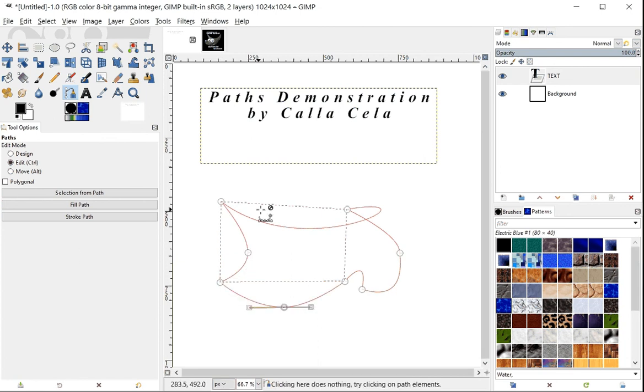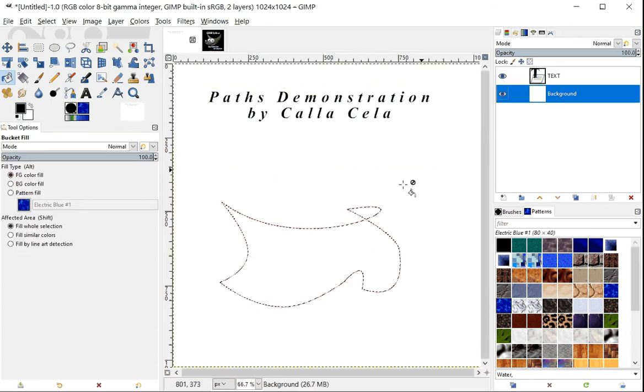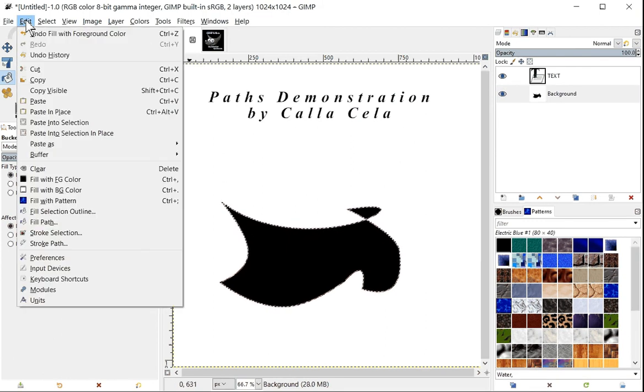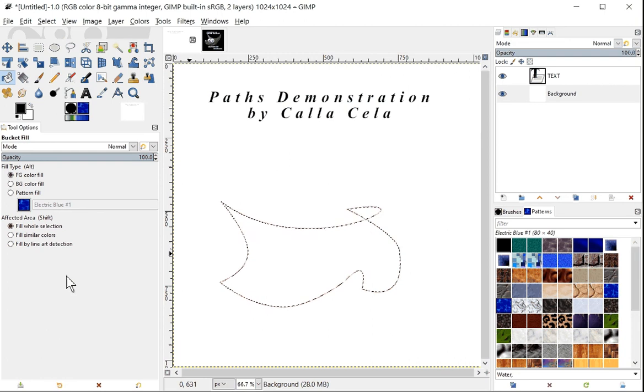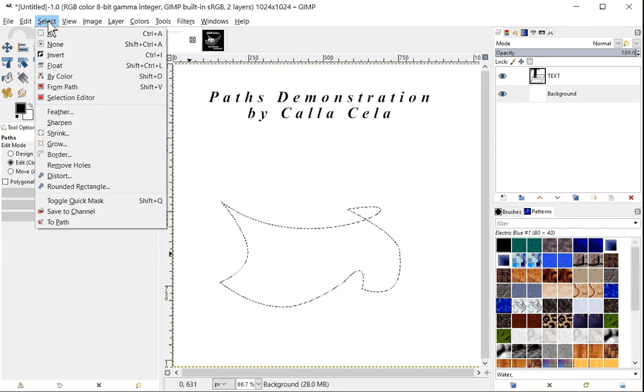Okay? Now you can see where the ants are, where it was. Now we're going to go to Selection from Path, and now you can see the new selection from your path. With that, you could fill it. I'm going to fill it with black. Maybe I should pick on the right layer. There we go. And I'm going to undo that, because now we're going to go back to the Path tool, and we're going to unselect it,